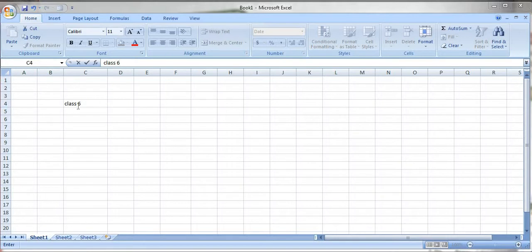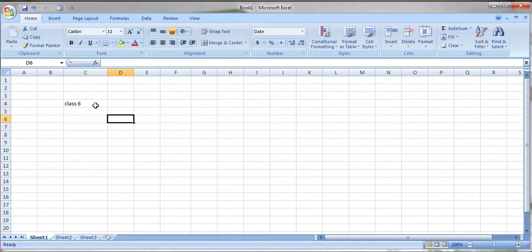Now if I want to change this from class 6 to class 8, from the formula bar also I can change. Here in the cell, I have to double click to edit. If I single click, I will not be able to change; it will directly delete all the content, right? But from the formula bar, just single click, move in, change it to class 8, and then press Enter. See, class 8 has been written here. Understood? So this is the way.